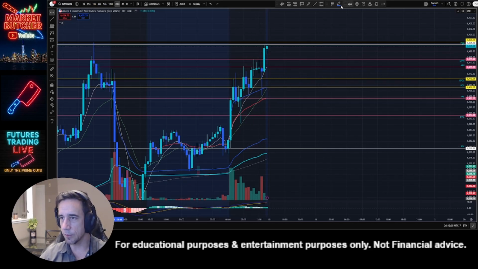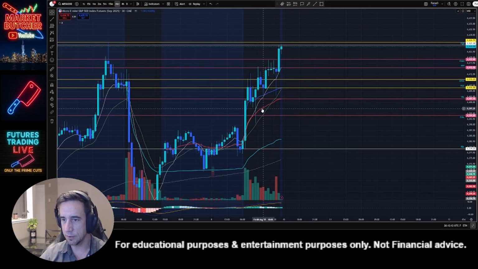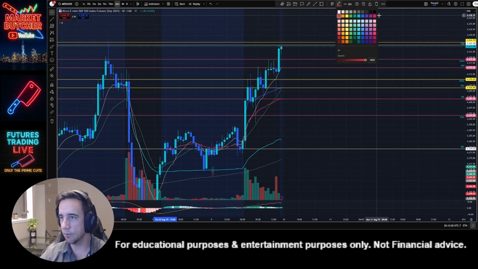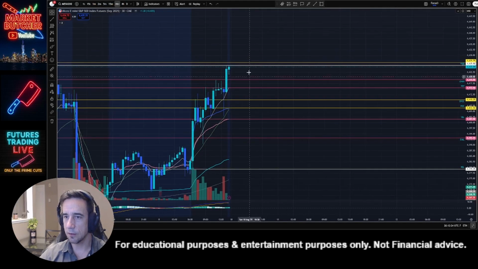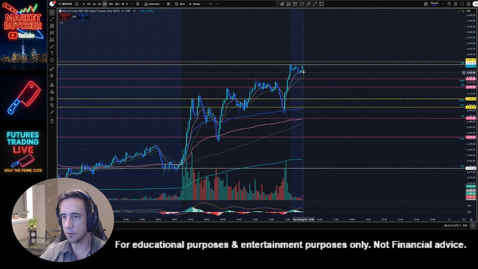And then I'm going to go to my dark blue one, I'm going to turn that to light blue, that's from the previous day, and then the day before that, I'll just get rid of that completely. This red one is the pre-market for Friday, and I usually leave that on there too, so just make that one pink. Let's go back into like the 5-minute here so that we can see the start of